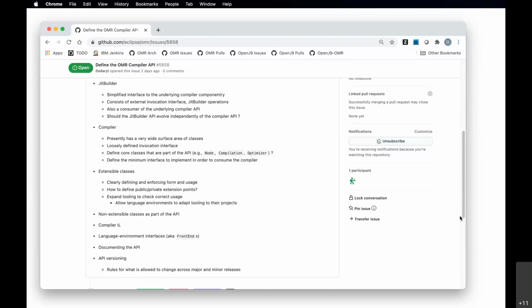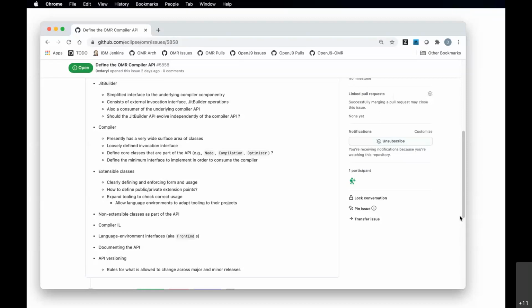To the extent that those can be more clearly defined, documented and standardized, I think that would be a useful beginning stage of having an API. Yeah, I agree with that too.